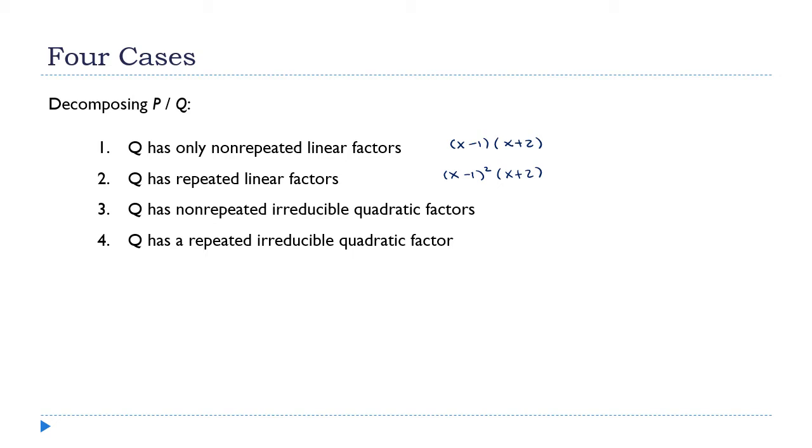Then there are irreducible quadratic factors. That's a quadratic factor that you can't factor down into linear ones. For example, something like x squared plus 1 times x minus 2. That x squared plus 1 can't be factored using real numbers, so that would be an irreducible quadratic factor. And repeated ones, it's the same as the linear case. That would be if we have something like this. Okay, so we're going to treat each one of these separately. All right, so first,